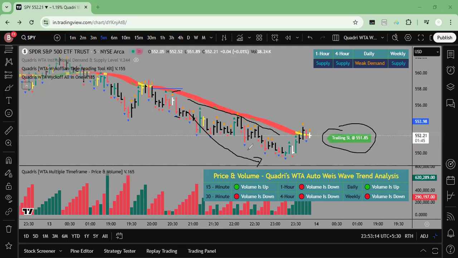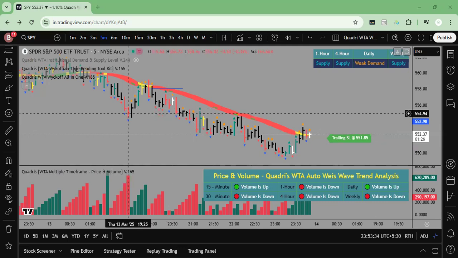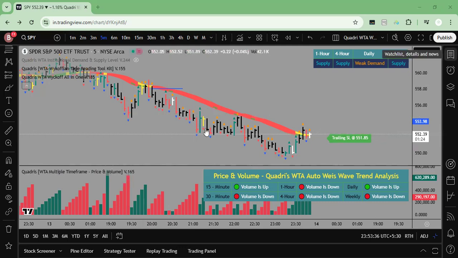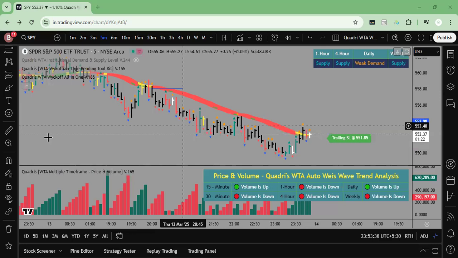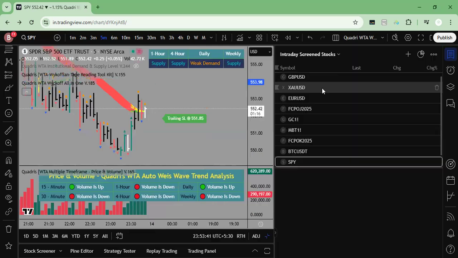You need not do any trading based on that, but you can. I normally trail above this particular point, or add a few points to it, so that I can catch the major move. So this is what SPY has offered us in today's trading session. And if you see what happened to XAUUSD,